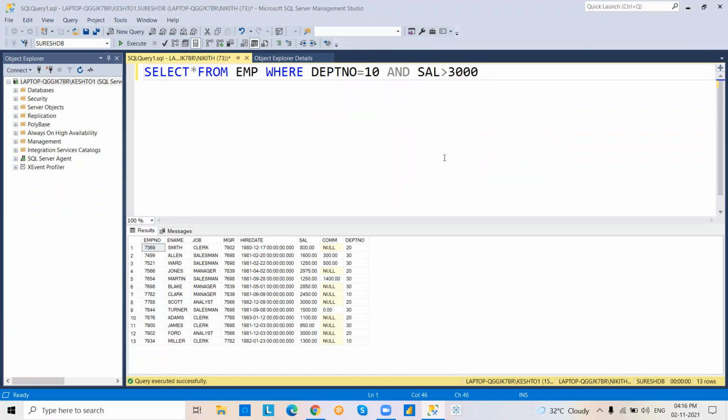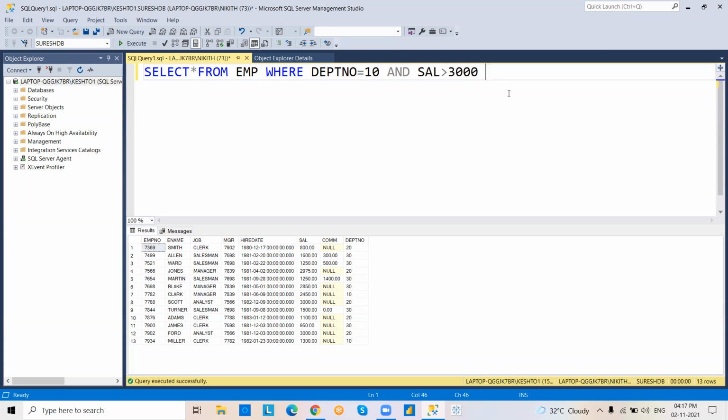See here, department number 10 is one condition. Salary greater than 3000 is a different condition. See, we are using and operator between conditions. Okay, now. So and operator means every condition must be satisfied.